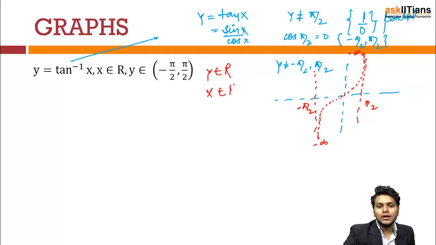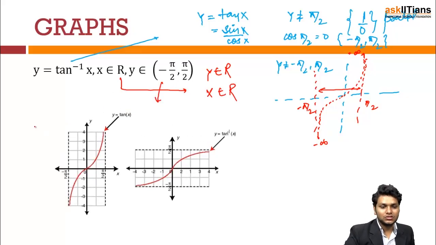So x in the inverse will range over the reals, and as you can see, in the range of minus pi by 2 to plus pi by 2, it is covering all the values and they are not equal at this point, hence the range in this case also will be the same. So this is how the graph of tan inverse is going to look like. Parallel to that, the figure of tan x is given, which I have just drawn over here. You can draw the analogy from over here. They haven't done something very superfluous or rocket science. They have just rotated it.